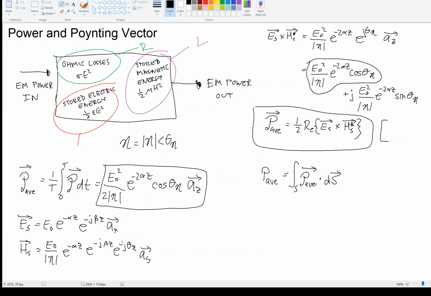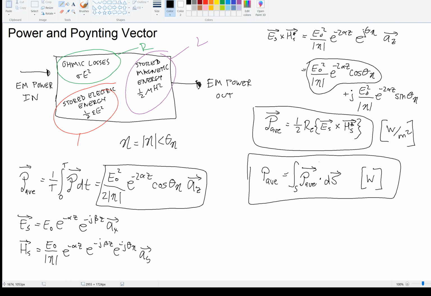Again, this is not a script P, this is a regular P, which was watts per square meter. Then if we integrate that over the surface area of some surface, we have the total time averaged power. And again, the fact that electromagnetic waves carry power allows for the transmission and reception